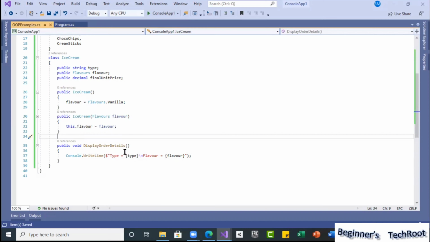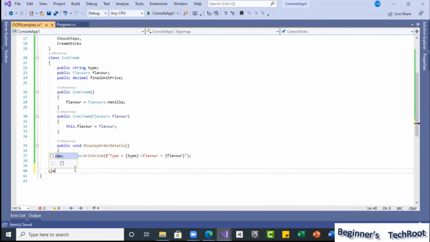Okay, so in this one I am not doing any calculations, I am not doing anything. I just define the fields, I just define a constructor, I have defined a display. That's all. So this I am going to use as a base class. So now I will define some other classes for various ice creams.